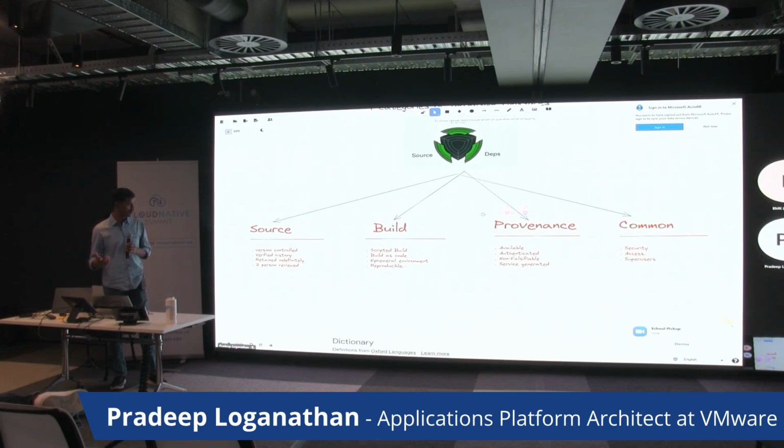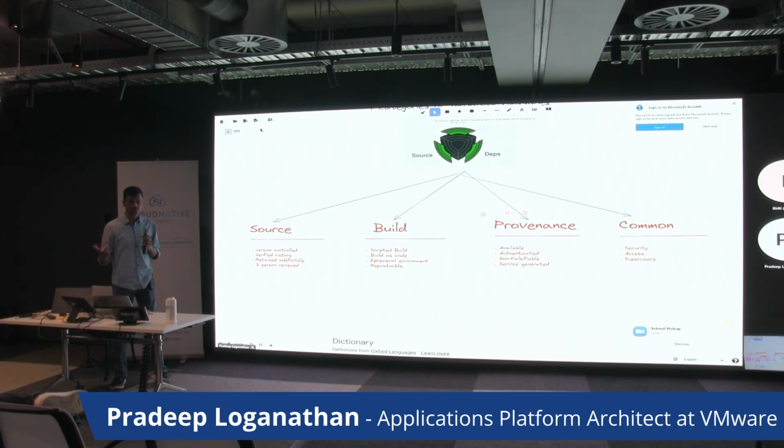From a build perspective, it's looking at, you should ensure that you have scripted builds. Your build system should be completely scripted. Your build system should be IaC, infrastructure as code. Your build system should be ephemeral, in the sense your build system should be temporal. You use your build system to build an artifact, and then poof, it disappears. It doesn't exist forever. There are no older artifacts staying back which can corrupt your system. So every time you build any package, it's a brand new build environment that you're creating, and the build environment goes away once you build your package.